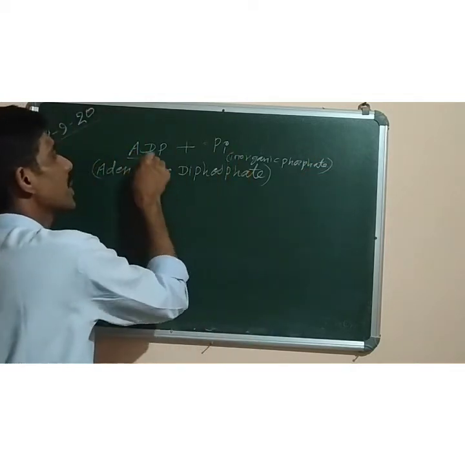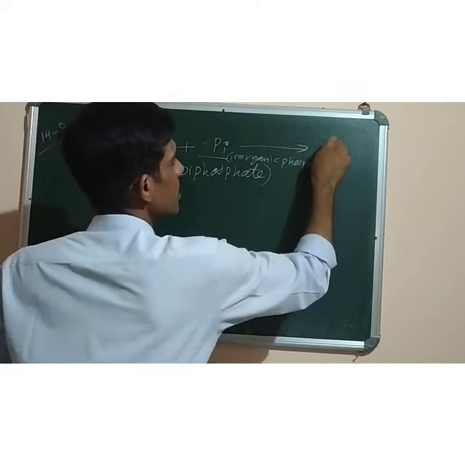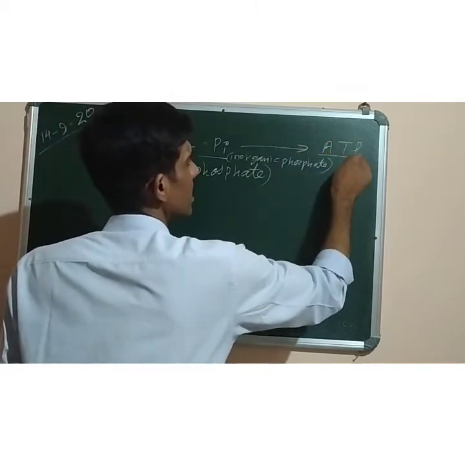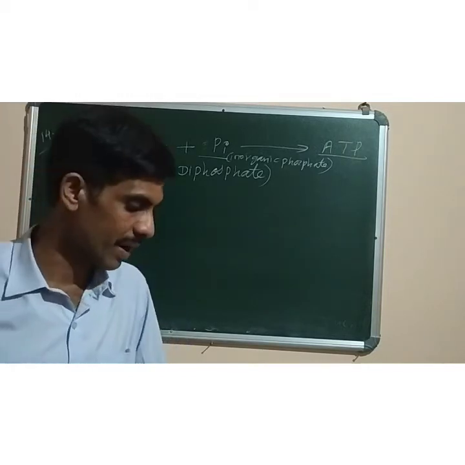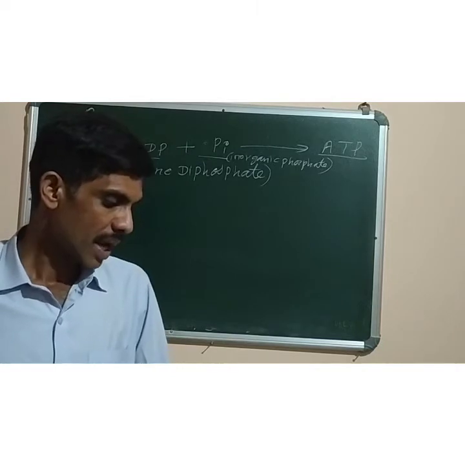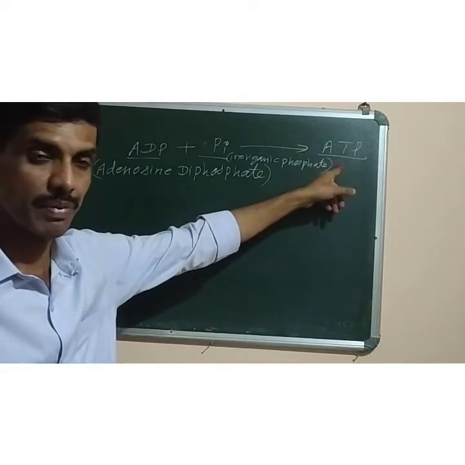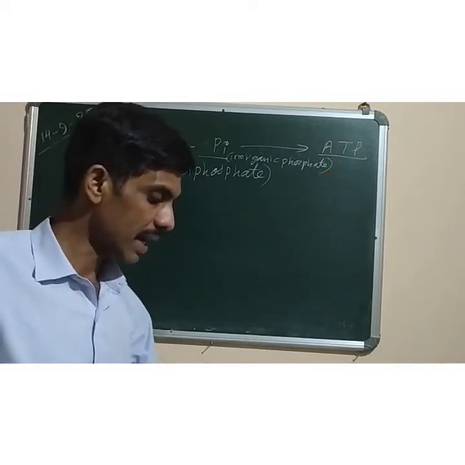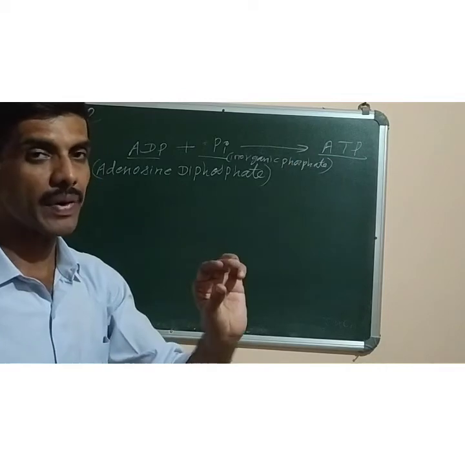So when ADP combines with PI or IP, it gives rise to ATP. This process of formation of ATP is called phosphorylation. So forming an ATP molecule, ATP is produced inside the mitochondria during the process of respiration, and energy is stored in the form of ATP. So stored form of energy is